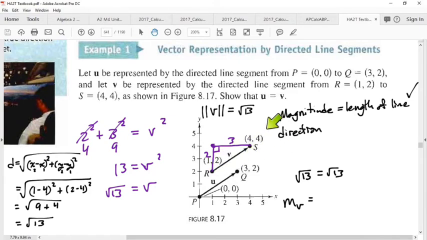We take the y's and subtract them, and put that over the x's subtracted. So that'd be 4 minus 2 over 4 minus 1, which is 2 over 3. What would the slope be for U? That one's even easier because the initial point is right on the origin, and when you subtract, you get 2 over 3. So our slopes are the same,